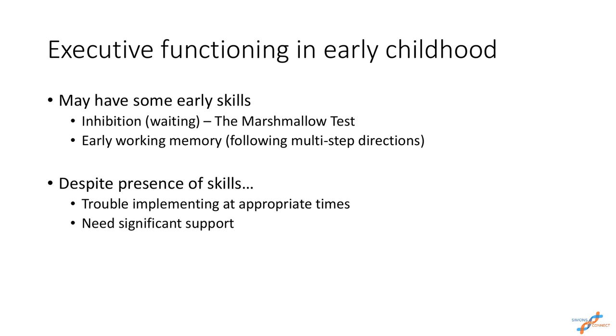Then other early skills that we might see in really young kids is early working memory. My example of that is being able to follow directions that have more than one step. The earliest piece of this is directions that have 2 steps, but they're related. So go get the ball and bring it to me. That's really early. They can go get the ball and bring it, but there are even kids who are able to follow multi-step directions that are not related, like go get me your shoes and bring that book over here. Being able to do those 2 things is even harder, but we can see early working memory in some younger kids who are able to do that.